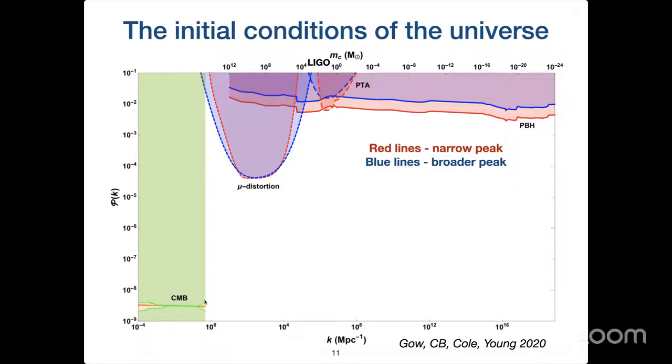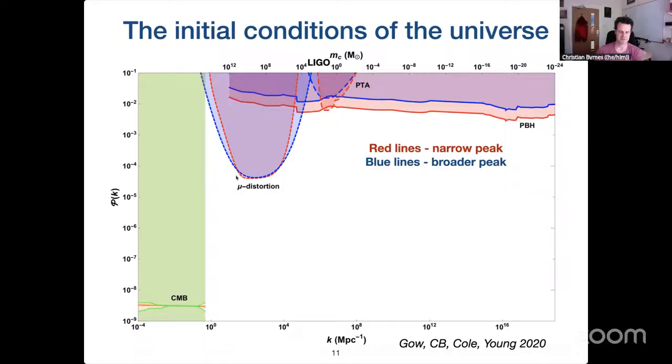Okay, so we've got the cosmic microwave background, then we've got constraints from cosmic mu distortion. Basically, the COBE-FIRAS instrument showed that the CMB is a black body to very high accuracy. And that's important because if we had very large amplitude fluctuations on the relevant set of scales, in the baryon photon plasma you would have damping of these large amplitude fluctuations. The damping would break thermal equilibrium, and that would break the black body distribution, for some range of scales where you wouldn't be able to reach a new thermal equilibrium. So there are mu distortion constraints, which are very tight. I'll come to the pulsar timing array in a couple of slides.